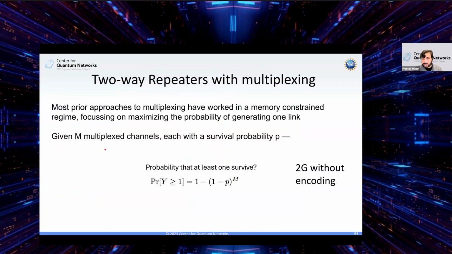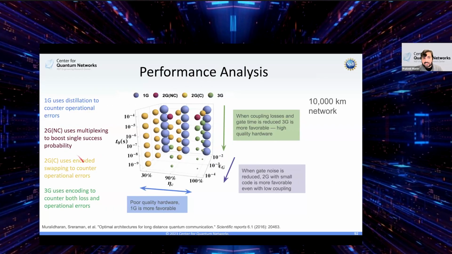In the previous slide, we saw that we were using multiplexing to increase the probability of success. Then we have the second generation encoded scheme, the encoded swapping scheme that we saw earlier. And then we also saw the one-way scheme, the third generation, that uses encoding to counter both loss and operation